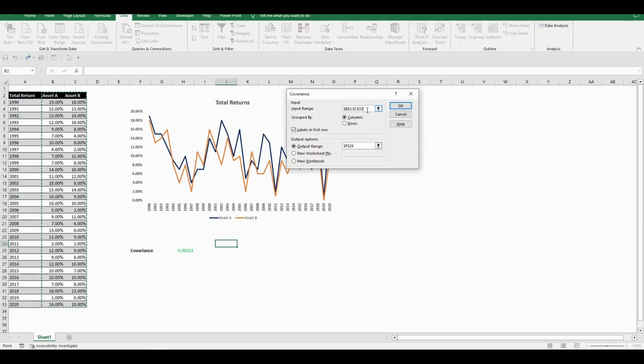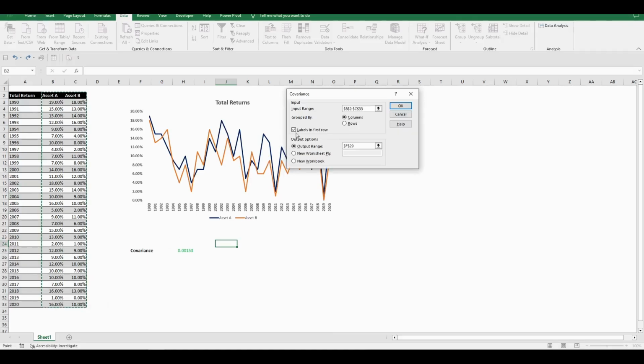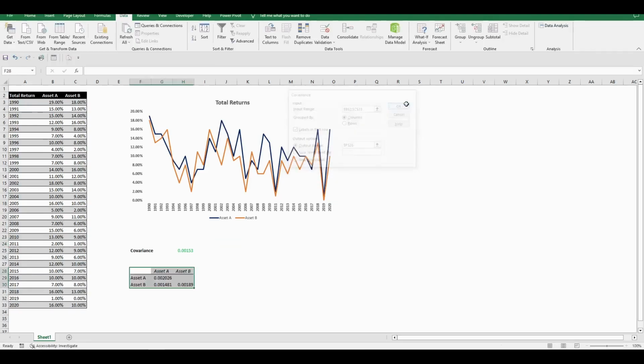As an input range we select the returns on the two assets. We check the labels checkbox because we have selected the labels asset A and asset B as well. And the output range can be right here. And here is the output.